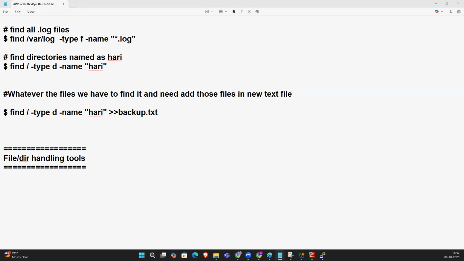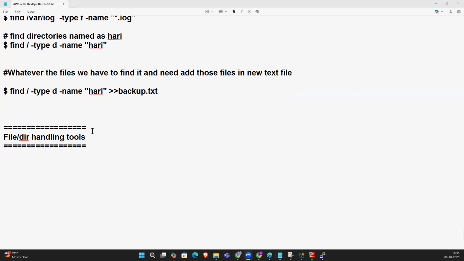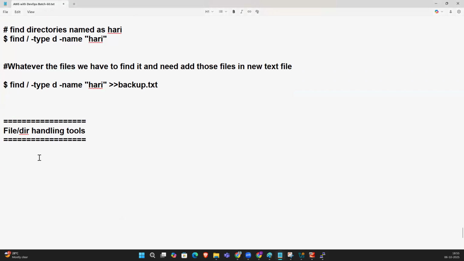In the last class, you also mentioned you are going to discuss user administration for the next class. The next class is after completing the file and directory handling. The next class is user administration. After completion tomorrow, if it is completed, we'll start user administration.